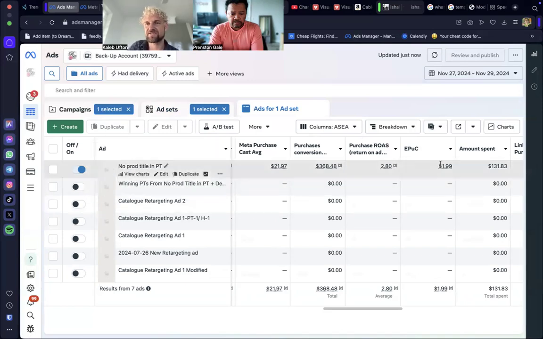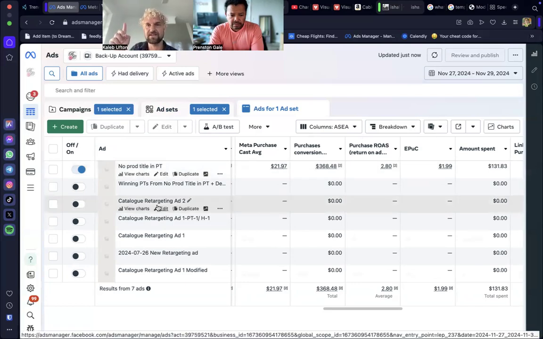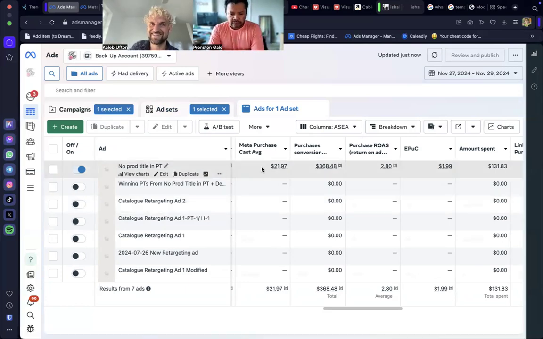So long as that stays around the $2 mark, we're going to be doing pretty well. And what's interesting is the ROAS is actually 2.8x, but the EPC is less. So this is spending less, it's getting a higher ROAS, but the actual financial return is sitting around the $2 per click mark. We have halved the budget on this, or maybe even dropped it down to a third of what it was